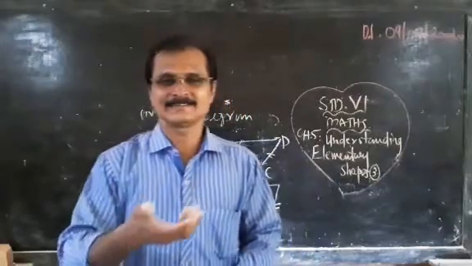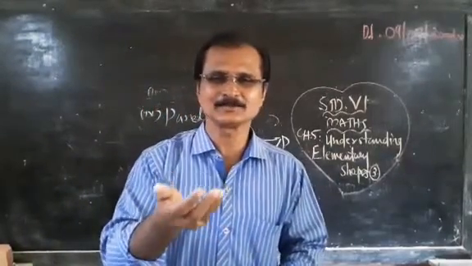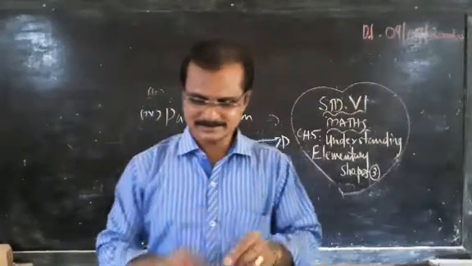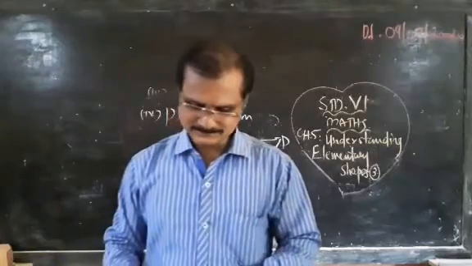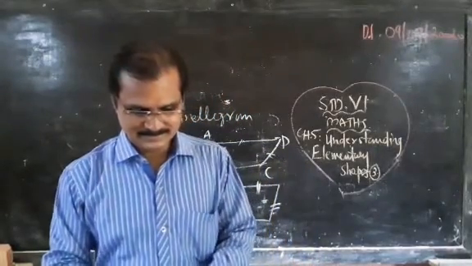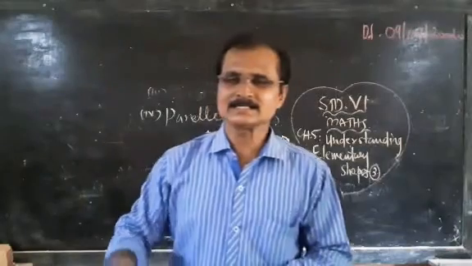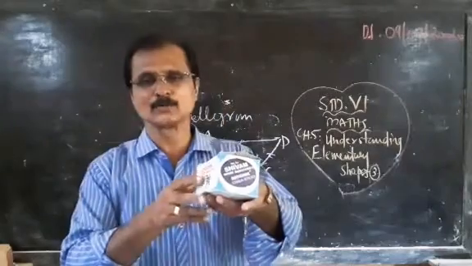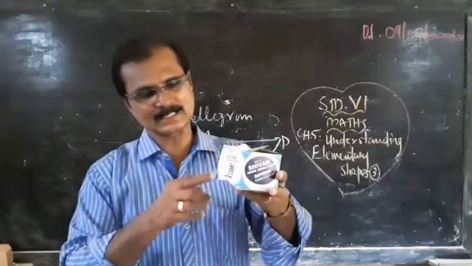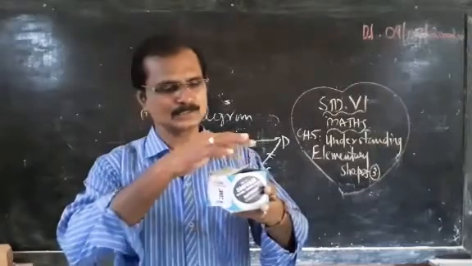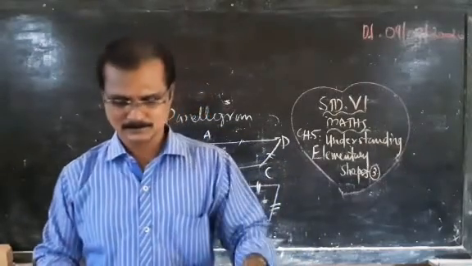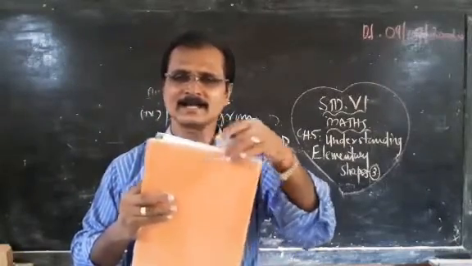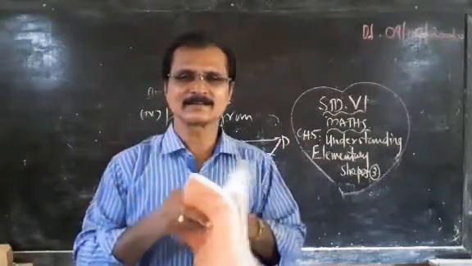Dice, which we use in snakes and ladders, coin boxes, matchboxes, all these are 3-dimensional figures. Then what are the edges? Now this is also a cuboid. All these sides are there: 1 2 3 4 5 6 7 8 9 10. Our textbook is also a cuboid shape, with sides, edges, corners and everything.